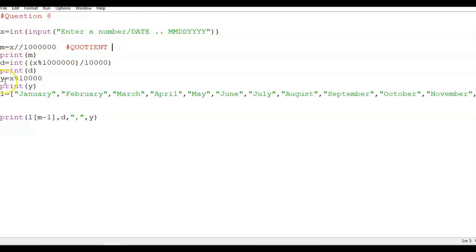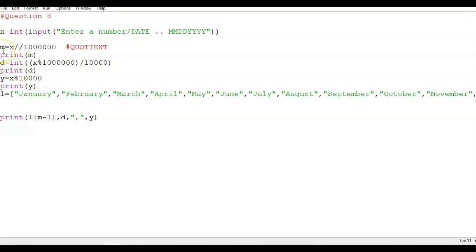One more part is required in this question, that is to convert the month number into the equivalent month name. For that I have taken one list here. You can see the first is January, February, March, April, May, June, July, August, September, October, November, December. A complete list is there, and with respect to the value we receive inside m, because m is for the month, suppose you receive the value one, so one is for January. But in case of a list, as the position starts from 0, we have to write L[m-1].